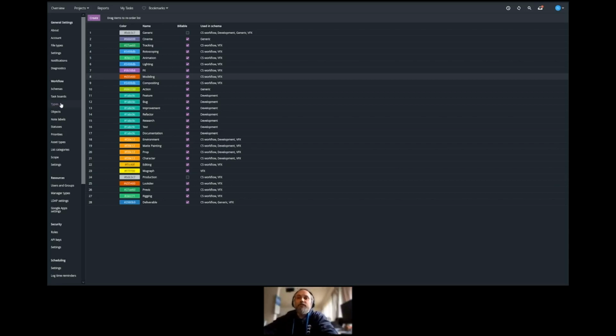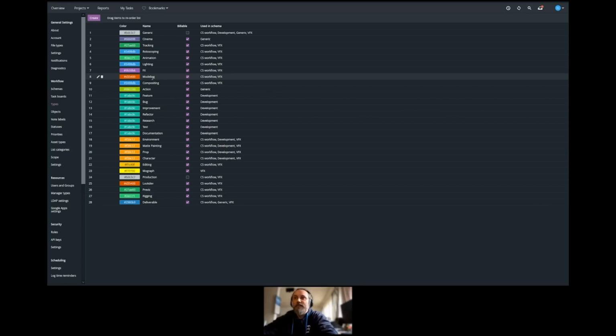So oftentimes there's a question: can you create subtasks? Well, no, but the reason why we don't have subtasks is because we have task types. So task types will be the description or the classification of the type of work, and then the task name will be specific to the work. So in my world, let's say we're coming from compositing and we need to break out the work into different compositing tasks, basically subtasks. You'll use the same task type,